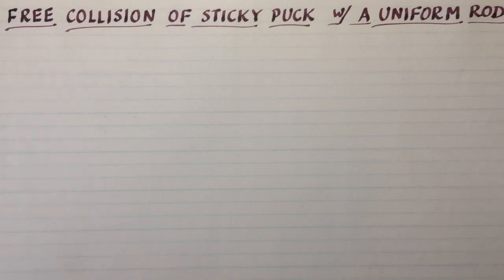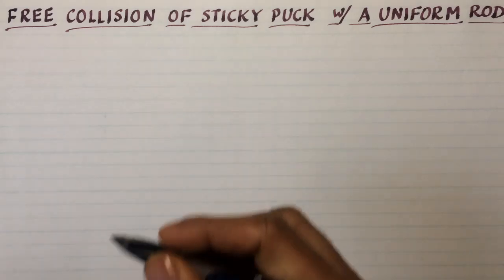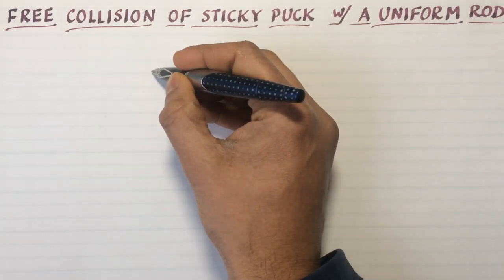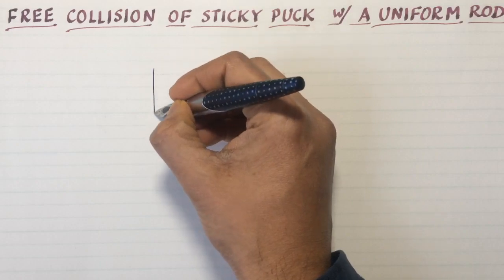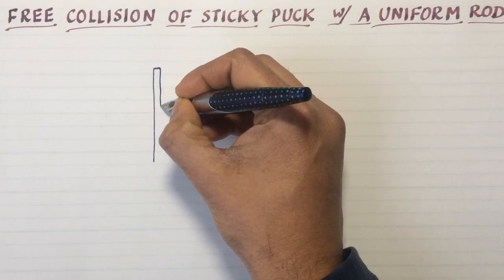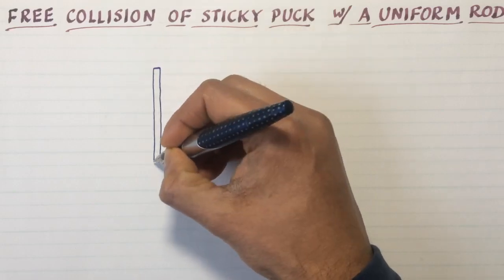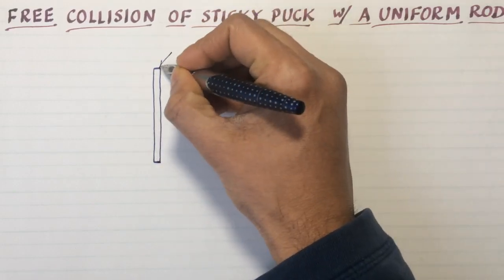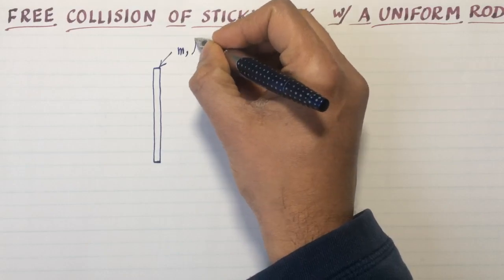So I will be considering today a free collision of a sticky puck with a uniform rod. So the problem setup is the following. Let's assume that we have a uniform rod. It's got mass little m and length little l,